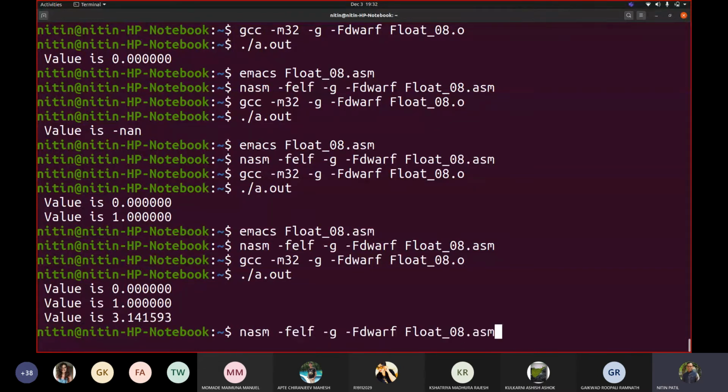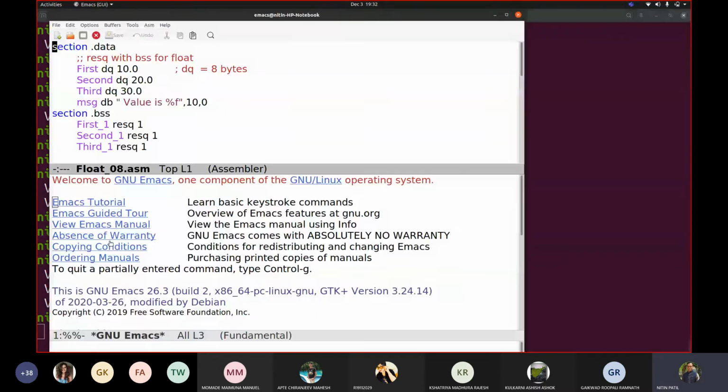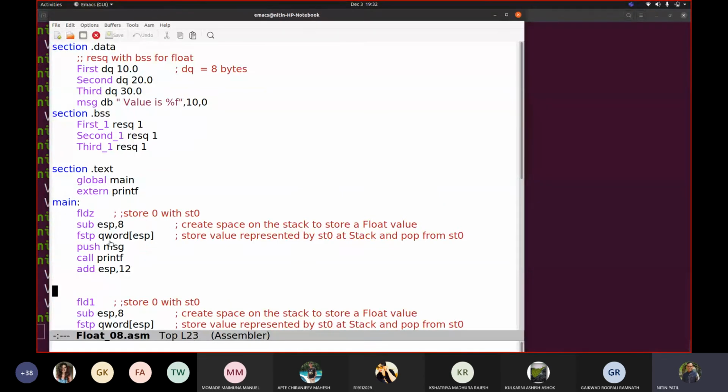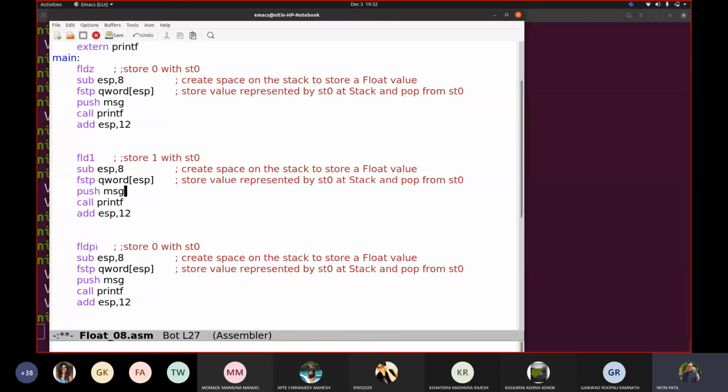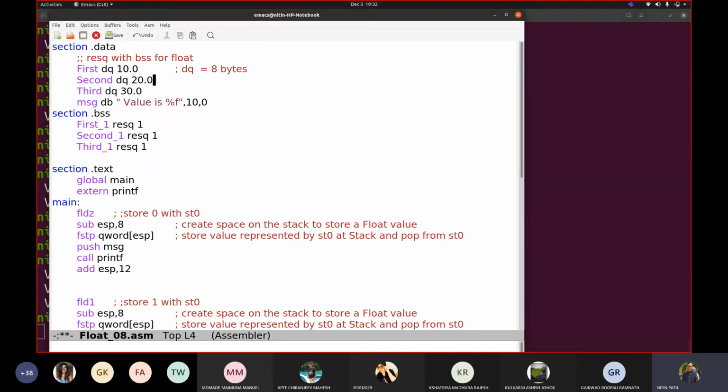Fine. So we added now few instructions like FLD1, FLD0. Now this is what? Store 1 in ST0. Store pi value, that is 3.14, and because of the float thing, it shows FLDPI. Fine. Now let me say, so we'll give some number here. Let me give you a 36. What would be the square root of 36?